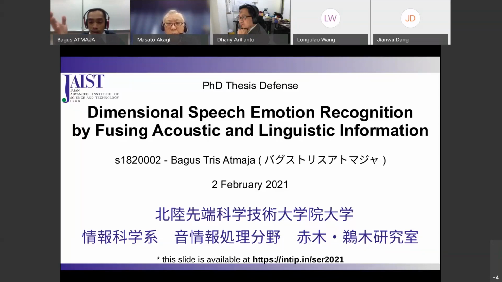So if the labels are based on measurement, not annotation, I think it will be better to model, because sometimes human perception differs from one person to another, like in a survey. The current technique to tackle this limitation is to use a large number of annotators. If there are, for example, 20 annotators, the agreement becomes higher and the labels become reliable. That's the current approach to tackle this limitation.